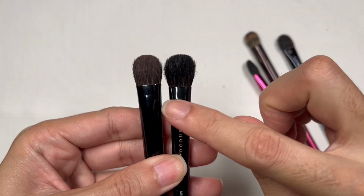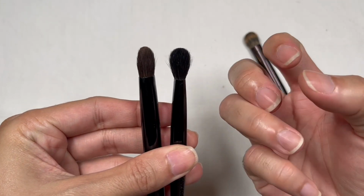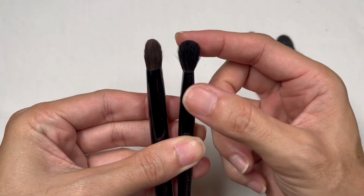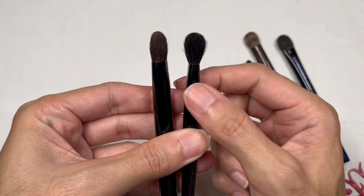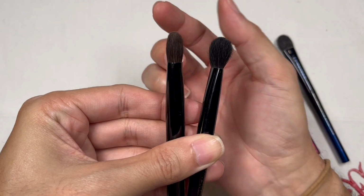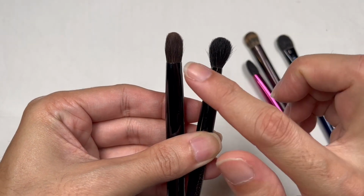As you guys can see here, they're almost the same in terms of brush design, but there's a difference in their airiness, because the eyeshadow brush from the Keramiki Purple set here is actually more airy, and it has more blending capability just based on the brush head design here, while the Z-5 here, if we tilt it to the side, it's more compact, and it tapers into this rounded point at the tips of the bristles